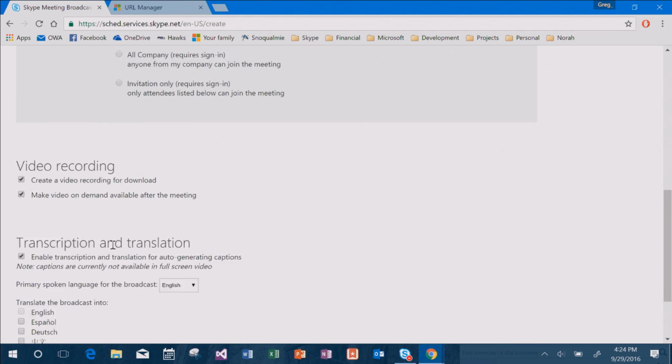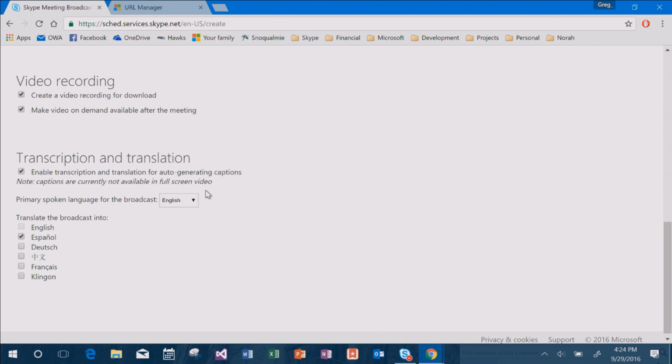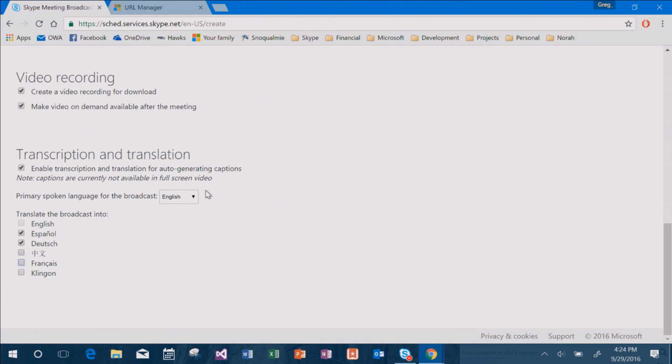And here I'm just going to turn on our transcription and translation features. So today, these are the languages that we've chosen for output. We support Spanish, German, Chinese as spoken languages into the system. So if you have a presenter speaking Chinese, we'll recognize those. And then we can translate from any of our source languages into any of our output languages.